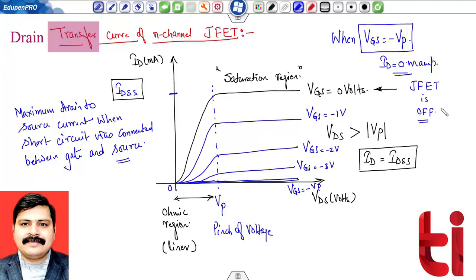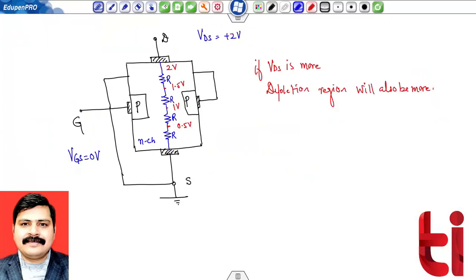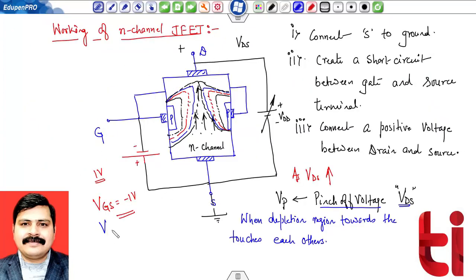So if we want to control the flow of drain current, we have to do one thing. We have to connect the external voltage as I have shown over here. If I make VGS equal to minus VP, then there is no flow of drain current. The value of ID will be equal to 0. In fact, this condition is valid even if we are further increasing the value of VGS in the negative direction; the value of drain current will remain 0. So one can easily turn off the junction field effect transistor by connecting some external voltage.